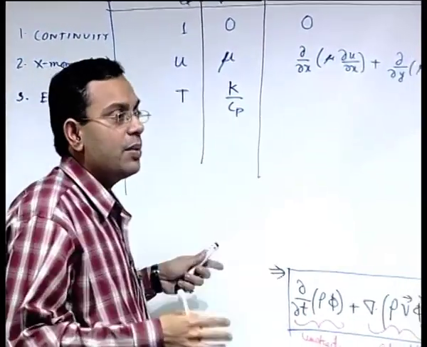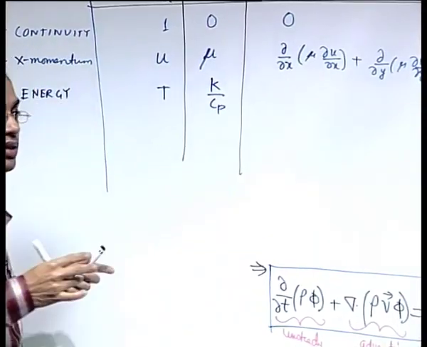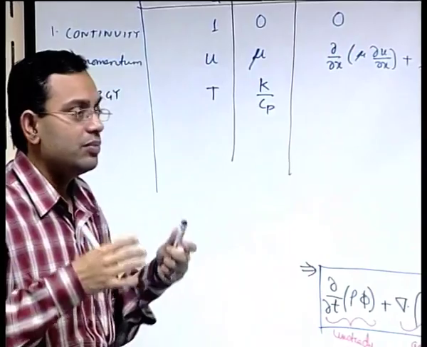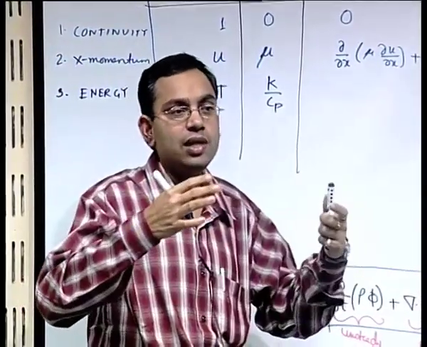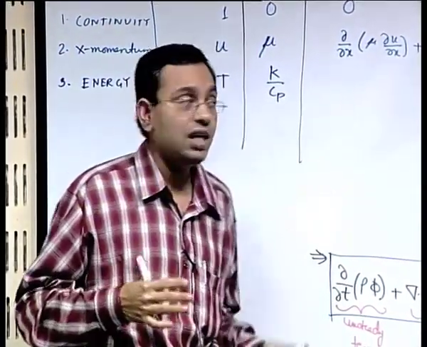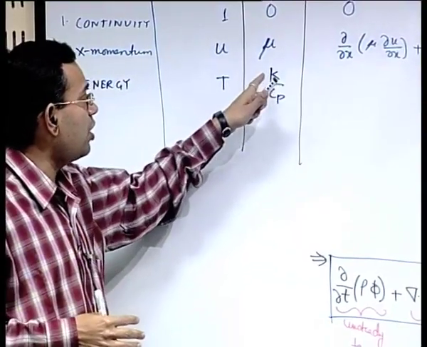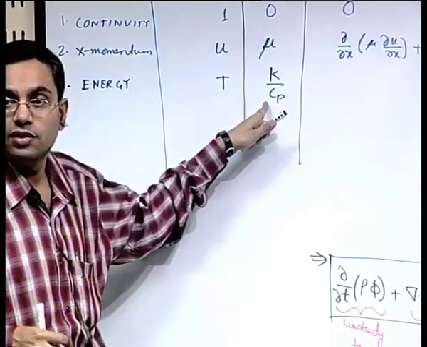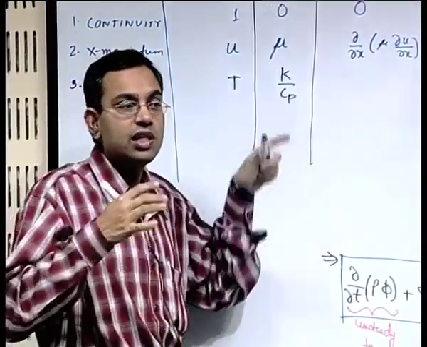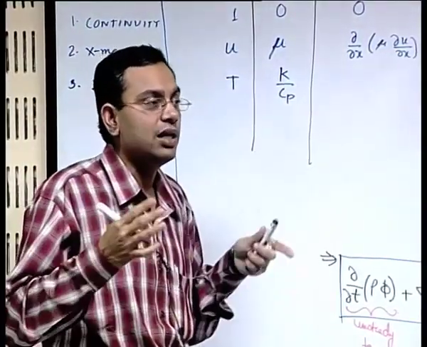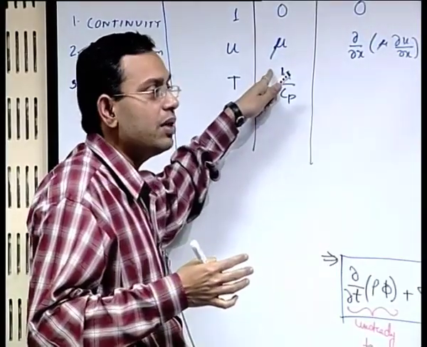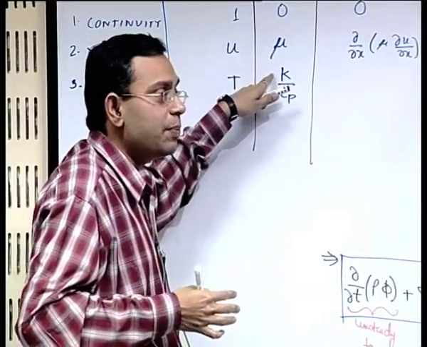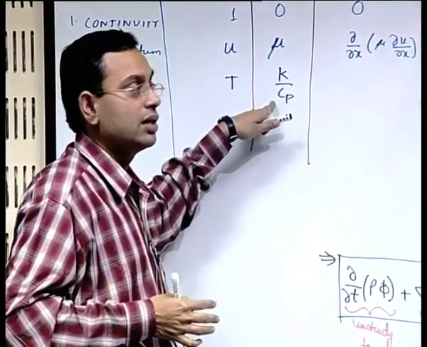Just like the kinematic viscosity, it carries the meaning of what? It carries the meaning of propagation of momentum disturbance relative to the sustenance. Here it is the propagation of heat conduction relative to the thermal storage capacity, because more Cp means it can store more thermal energy. On the other hand, more K means it can dissipate more thermal energy. So it is the relative ability of dissipation with respect to storage.